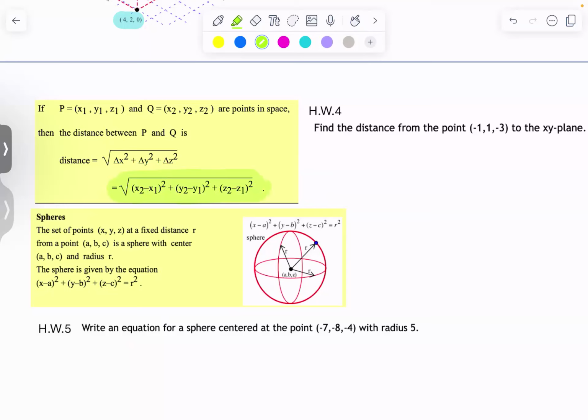And you can see it's a variation on the Pythagorean theorem. I'm not going to derive it too much. Now, when that equals a constant, meaning all that square root equals exactly a constant, what we end up with is a sphere